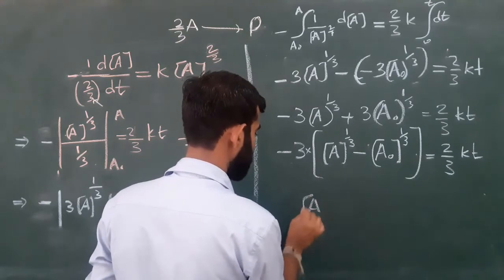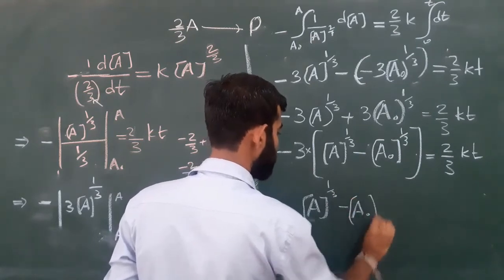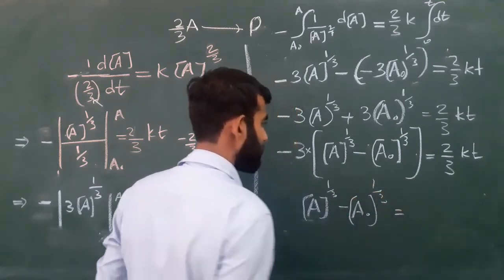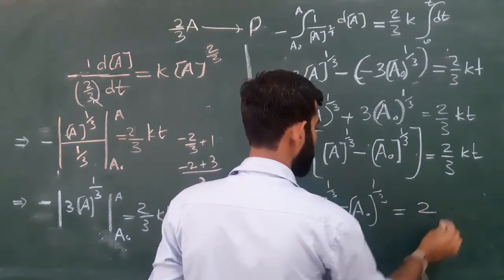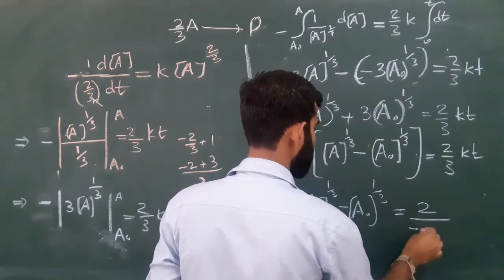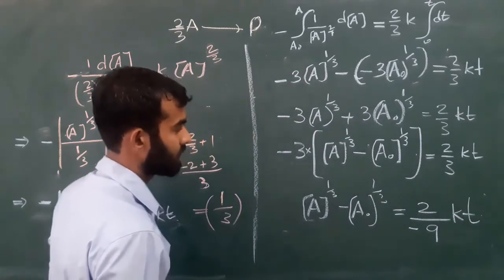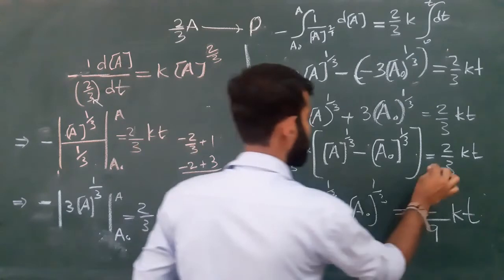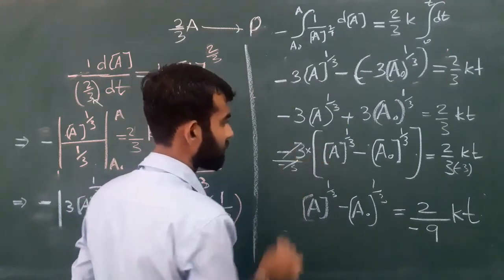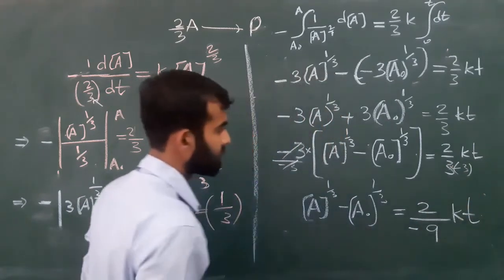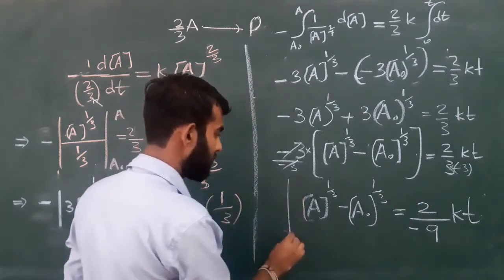Remaining parts will be A final concentration 1 over 3 minus initial concentration A naught 1 over 3 is equal to 2 over minus 9 kt. Here multiply 9 minus 9. Okay, this is the expression for